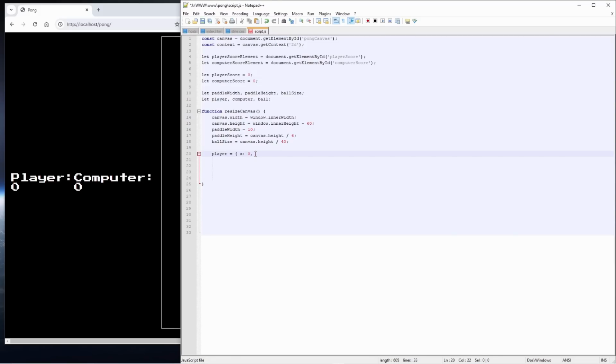That's X. Let's say Y is going to be canvas height. Yeah. Slash down. Y